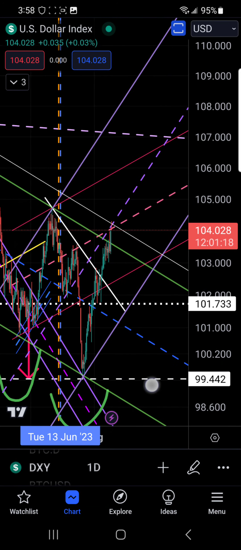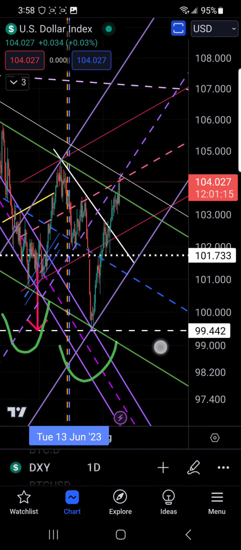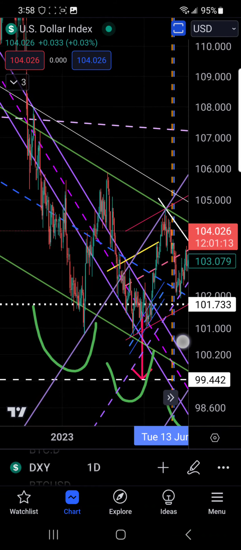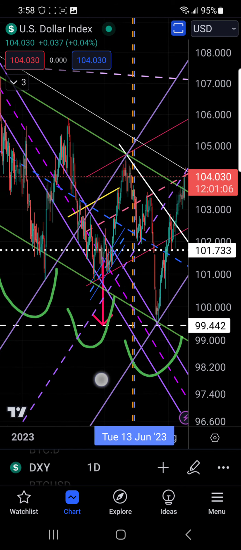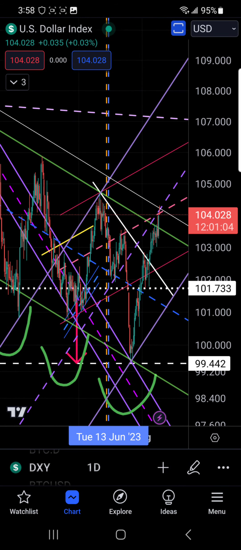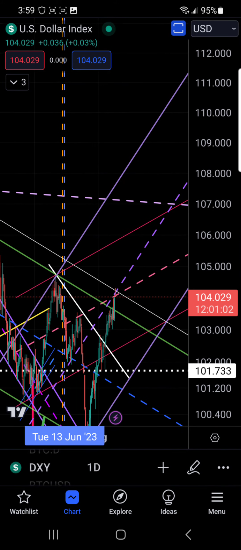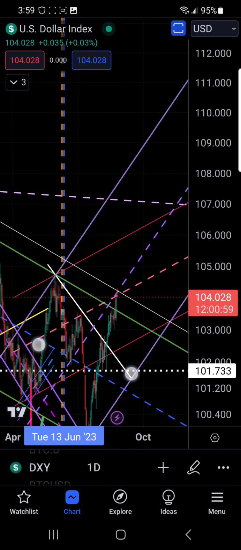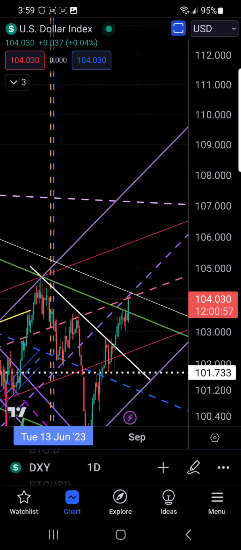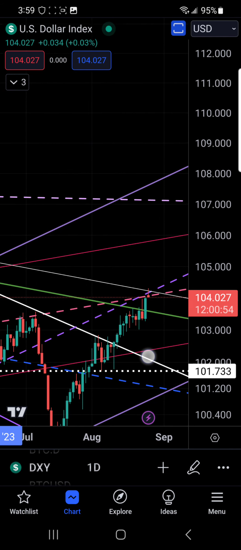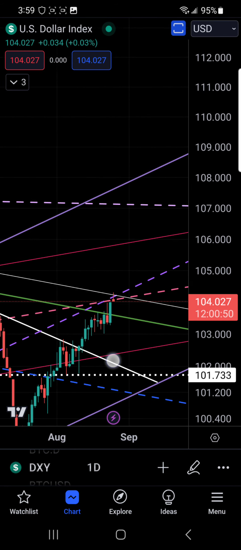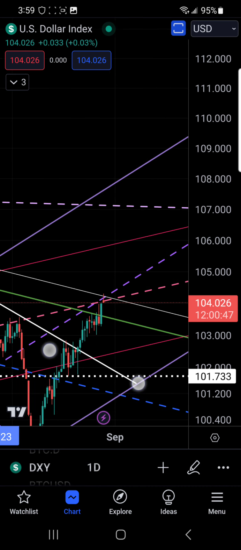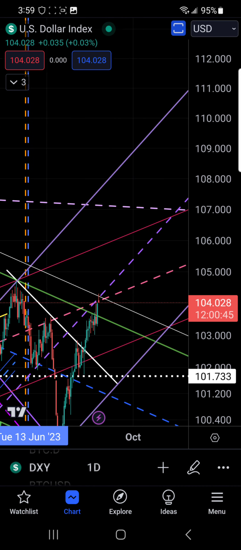The green line is the top of the parallel channel that we've been trading in for quite some time, up and down in that channel, kind of forming a head and shoulders pattern here at the bottom, an inverse head and shoulders. The green, the top of the channel, is the neckline of that, which we did wick through, or put a candle through here, poke through. However, before I tell you about the white line,